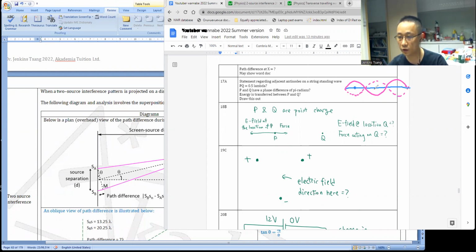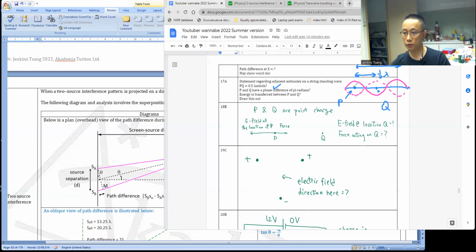So P and Q are these locations. Clearly they're separated by half a wavelength, because this is 1 full wavelength, so this is half a wavelength. P and Q have a phase difference of pi radians. That's clearly correct, because every point within 2 consecutive half wavelengths separated by nodes will always be perfectly out